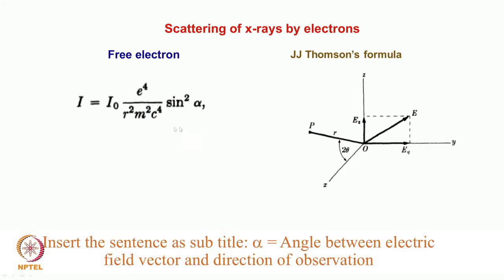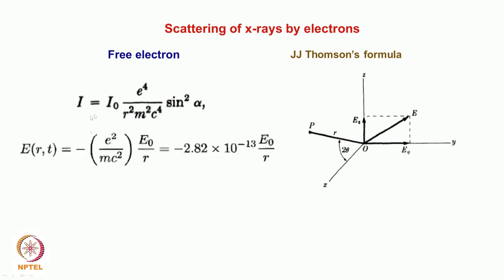If we calculate for the specific case we are considering, this angle is going to be 90 degrees, so this term turns out to be 1, and from this we can calculate the amplitude. It is a function of time. If you consider this value, it turns out to be e squared by mc squared. Here we assume that a very high energy X-ray is falling onto the sample surface. And one can see that a negative sign comes in. That means that if you look at the amplitude, one is the negative of the other.